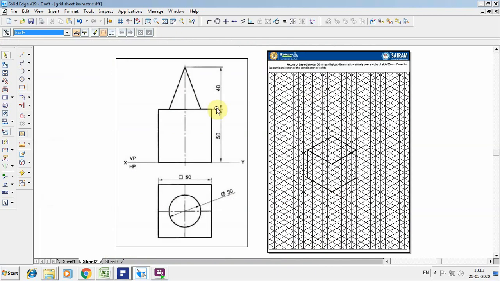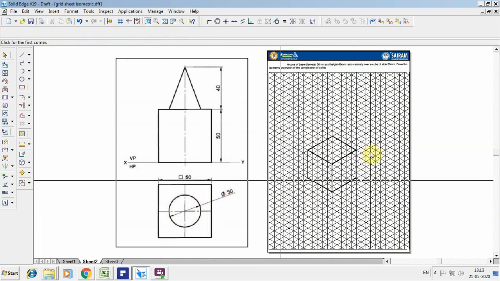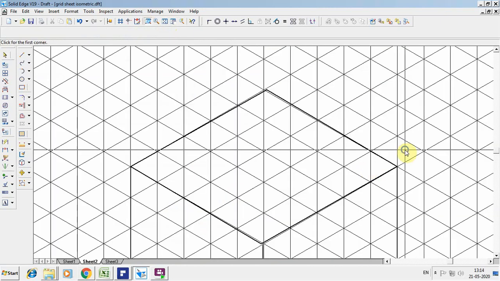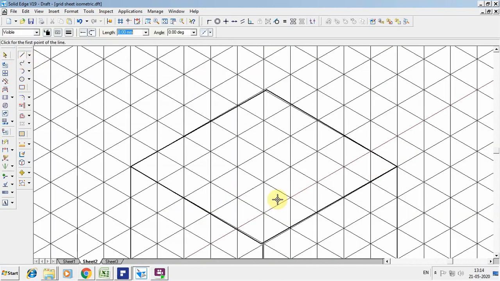Once the cube is done, I have to create a cone above the upper surface. When you want to create the upper surface circle, we know that to create a circle, we have to construct a square first, then convert it into a circle. So let us take the diameter. Diameter is 30, so I have to construct a 30 mm square now. I want to select from the center, so I take the center point of that.